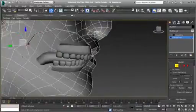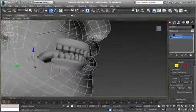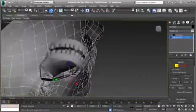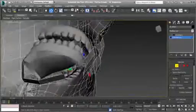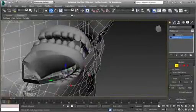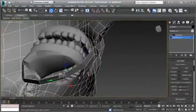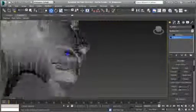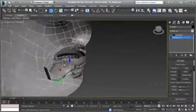Now what I have is I have this hole across the top, and then I have this hole across the bottom, and I could just start filling those in. One way that we could do this is by just coming in, go to Edge Mode, and I'll just bridge these together. Come in, I'll take this edge, and I'll bridge that. And then we have a hole right here that we need to take